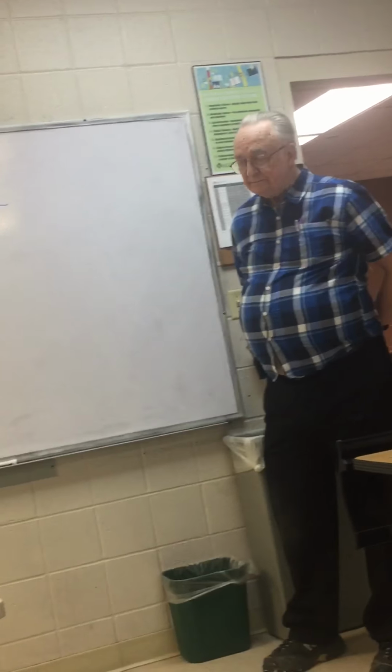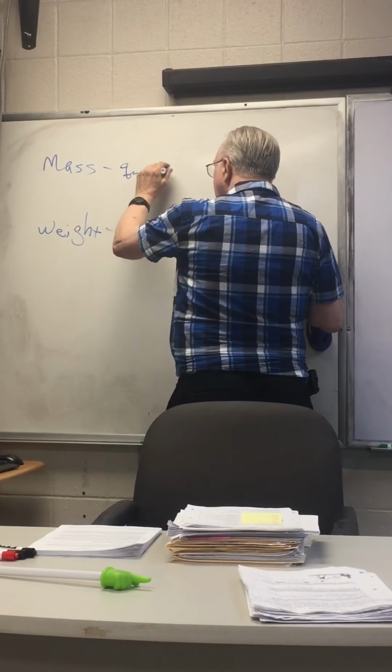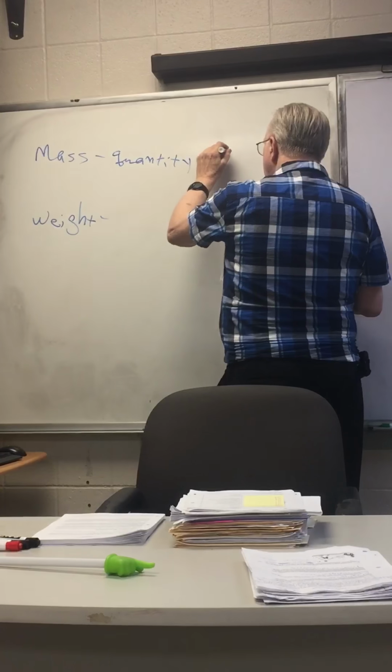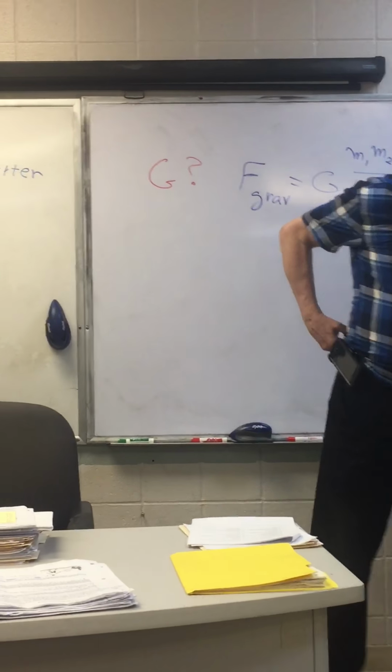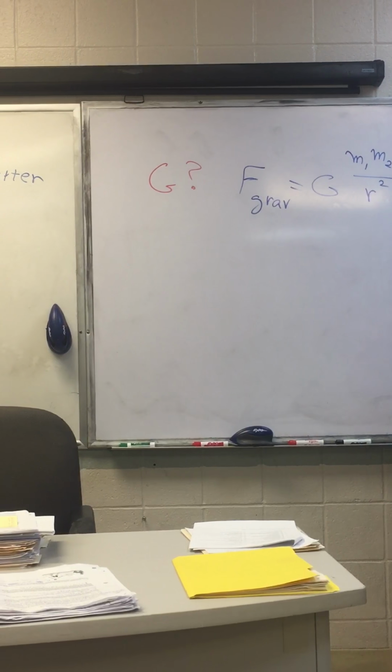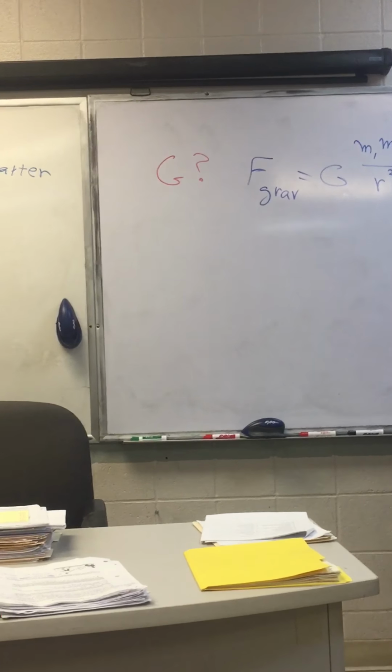Mass is the quantity of matter, or how much stuff you got in you. And this is universal. That was one of your homework questions also. That means your mass is the same everywhere. I don't care if you're on Mount Everest, or in Death Valley, or on the moon, or on Venus, or in outer space. You still got the same amount of mass. That does not change. What's the weight then? Force of gravity.